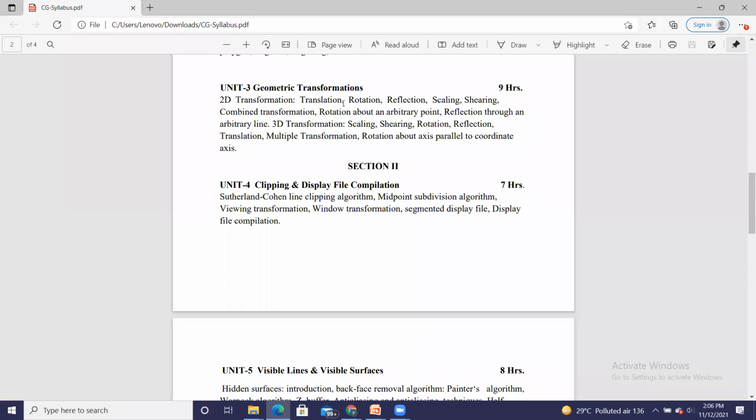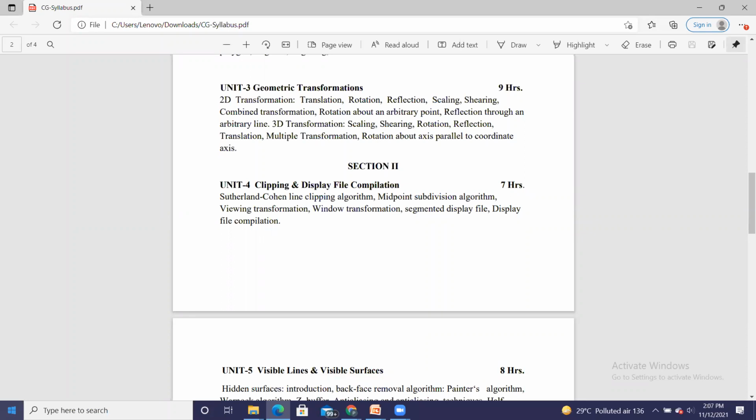Then second is rotation. Rotation is very important. So along the x-axis, along the y-axis, and in 3-dimensional transformation along the x, y, and z axes, we are going to learn how to rotate the given object, and after rotation, what will be the coordinates of that object.